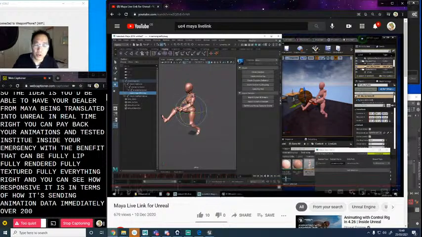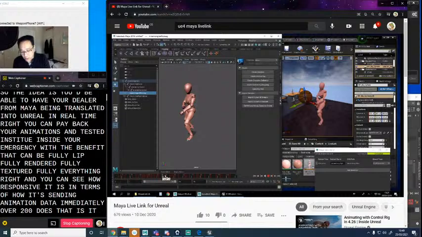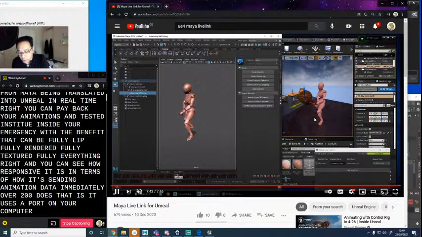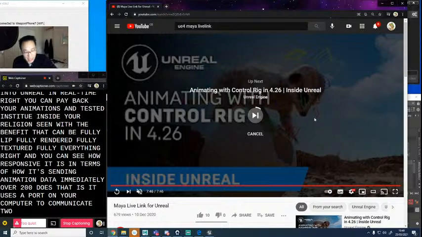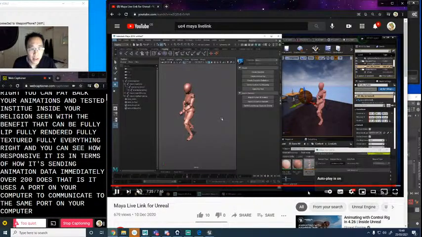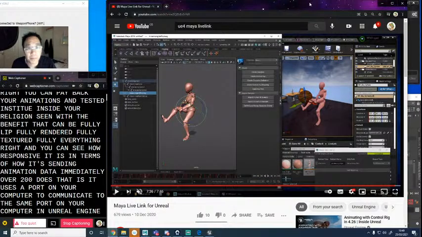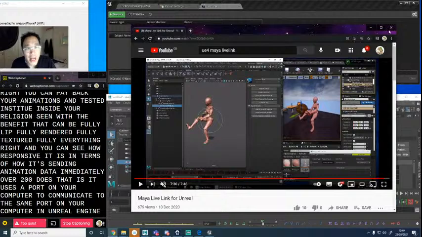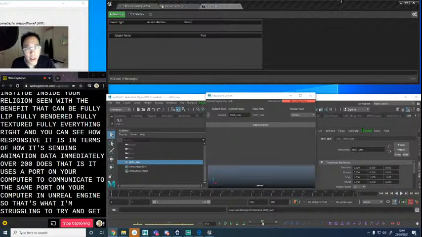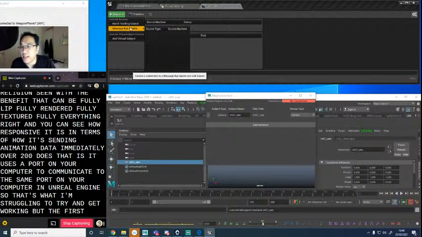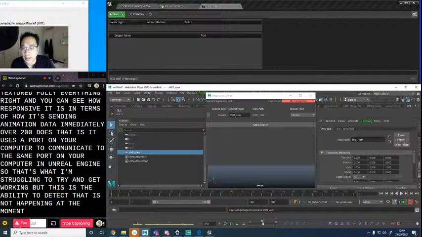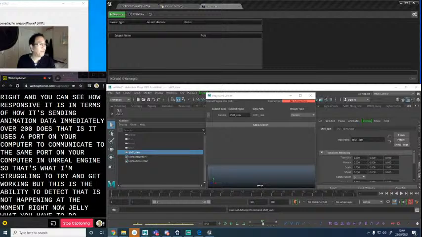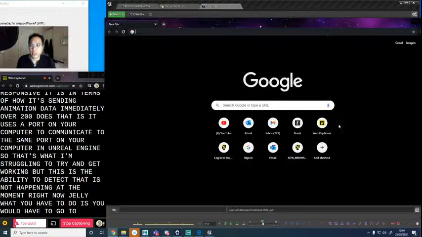Now, how it does that is it uses a port on your computer to communicate to the same port on your computer in Unreal Engine, right? So that's what I'm struggling to try and get working. But the first stage of this, the ability to detect, that is not happening at the moment, right? Now, generally what you would have to do is you would have to go to